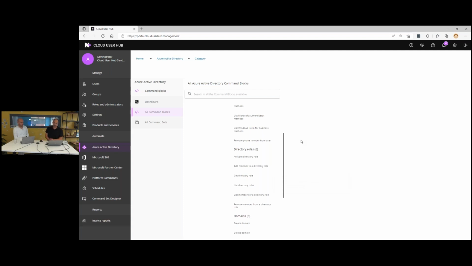The nice thing about command blocks is that we standardize the input and output. You already saw that we can talk to Azure AD and to Microsoft 365, so that's all Graph, but also Partner Central, which is a different API. You would need to know all the APIs and the input and output schemas. You need to have an understanding of that to make it work.